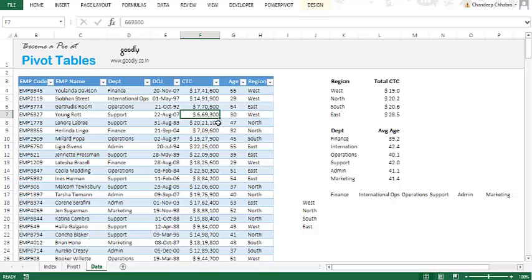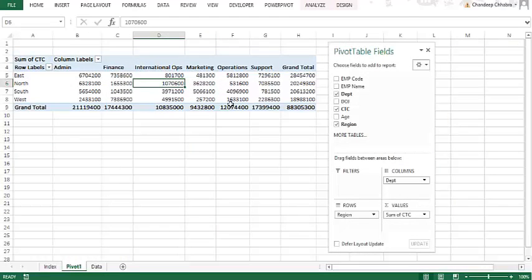Let's pick up some guy here. Let's pick up Young, and let's make Young lucky. I'm just going to increase his CTC by, let's say, a couple of $1,000. So let's make it 111, and let's see. If you take a look at Young, who works in the western region, the total of the west is now 130 million. If I flip over to my pivot table and take a total of the west, it is still about 18.98 million,